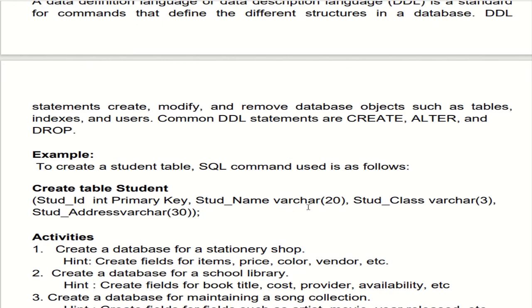That's why I have written varchar of 20. Now student class is the name of the third field, and here also I want characters to be inserted, so the field type is written as varchar, and the three is the length. Now student address, and accordingly you can create your student table.